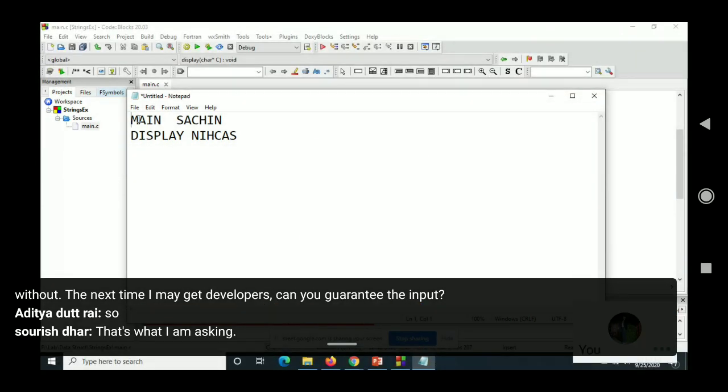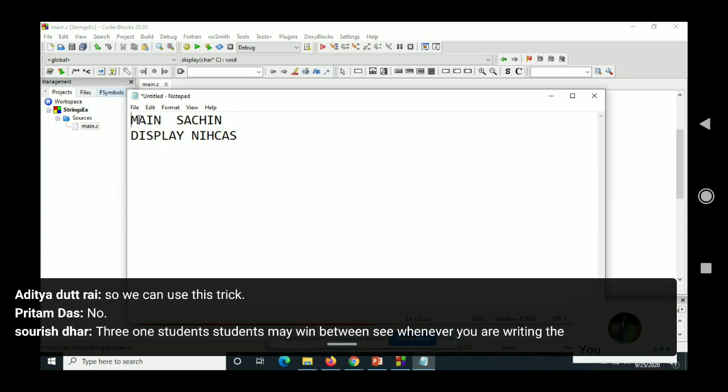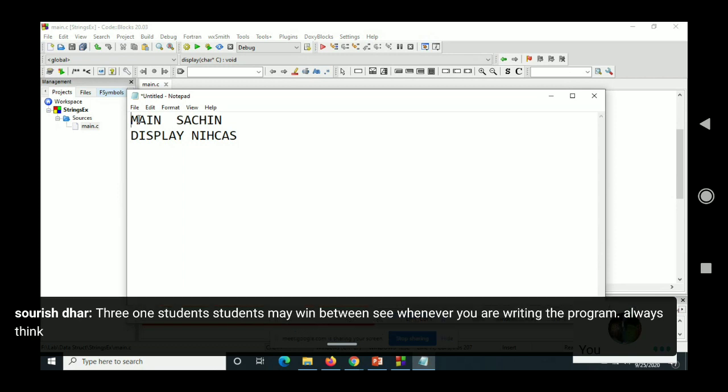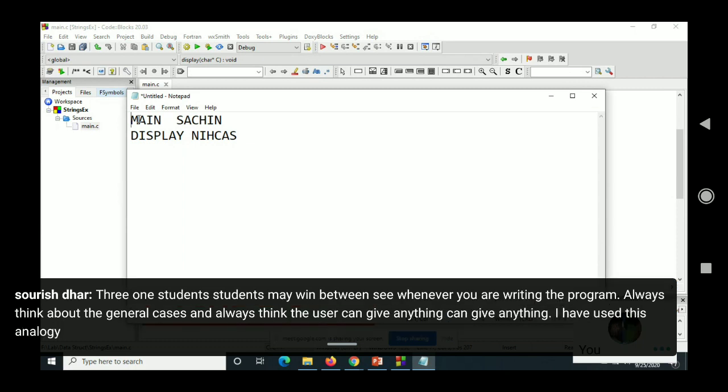Whenever you are writing a program, always think about the general cases and always think the user can give anything. I have used this analogy of Sachin to make you understand that if Sachin is given, it should be the output.